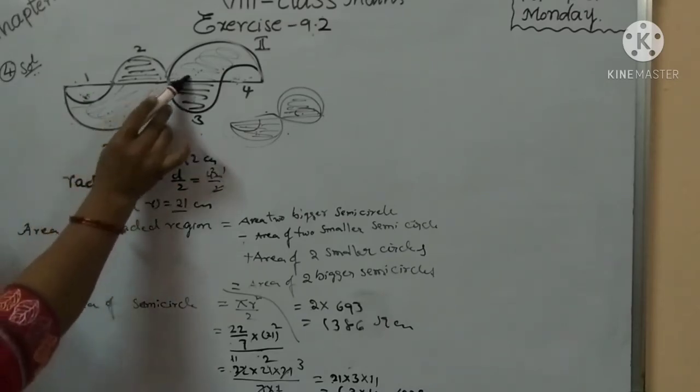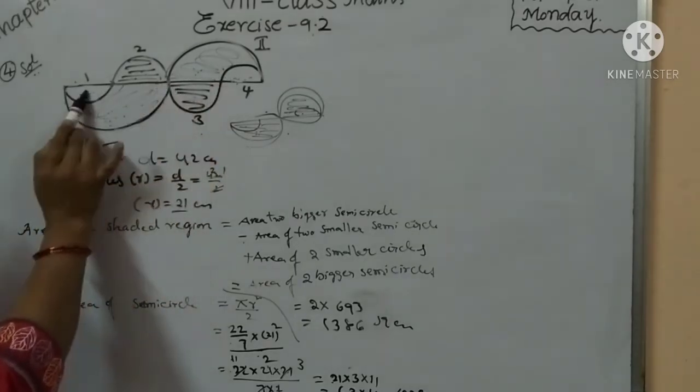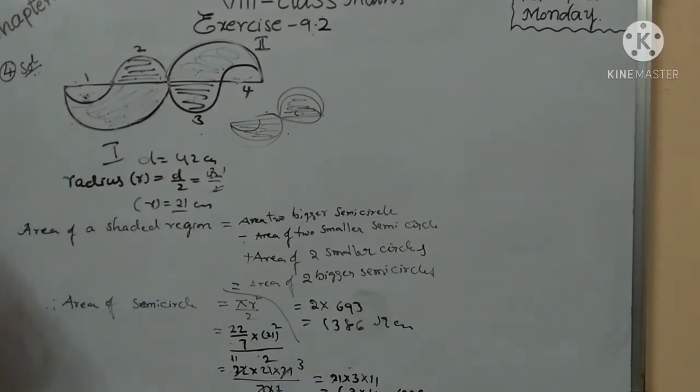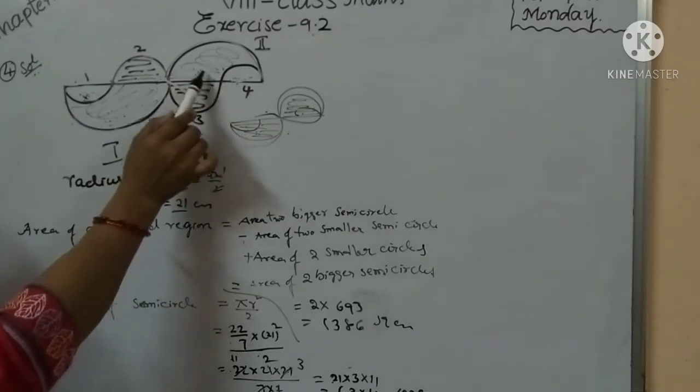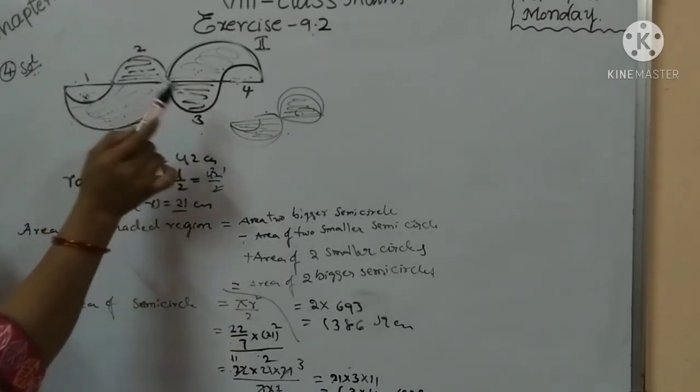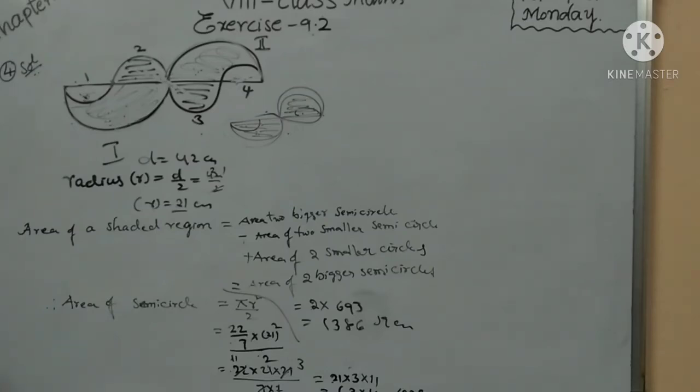So area of two bigger circles minus area of two smaller circles, minus. Did you understand? Next, plus area of two smaller circles. These are the empty circles; the bigger circle is the shaded part and the smaller circle is the shaded part. So finally, what is the formula for the area of a semicircle? Pi r square by 2. Semicircle means half a circle. The area of a circle is pi r square, and half a circle means pi r square by 2. Did you understand that? Okay, right.